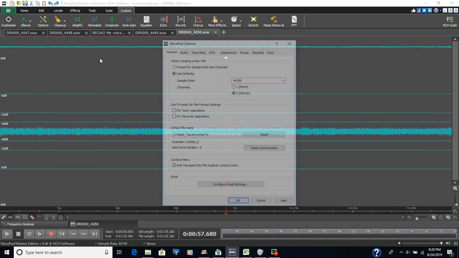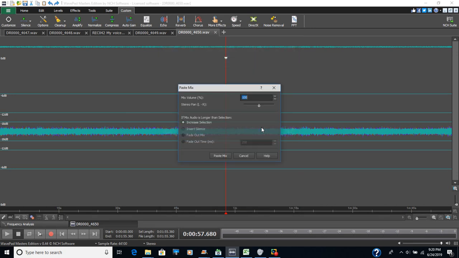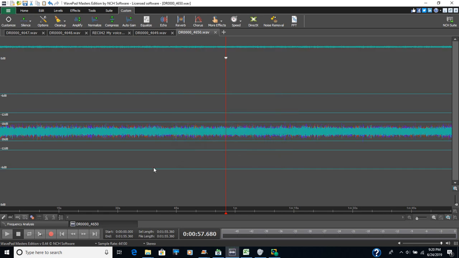So before you do every one of those steps, I've showed this before, do this options on this audio tab, this editing effects, just put 2 periods in there, and Control V, paste this together 100%. And the last step that I did, so now it's mixed right here, the last step that I did,